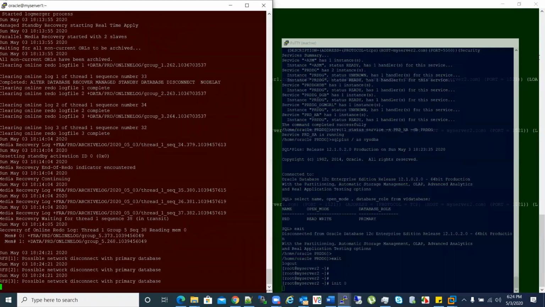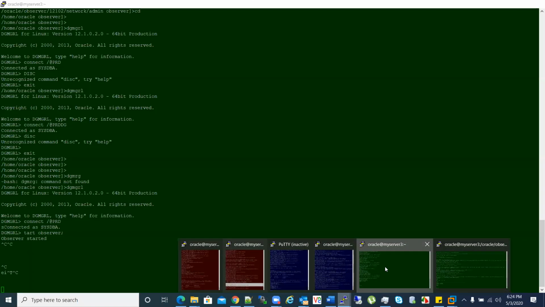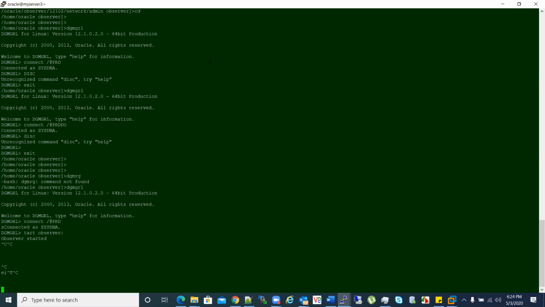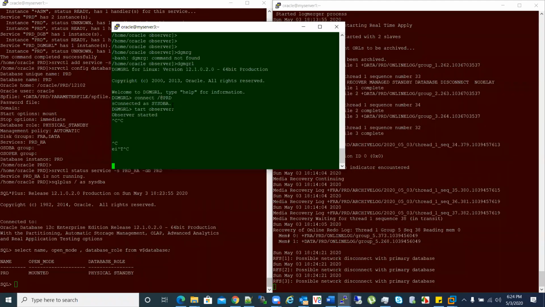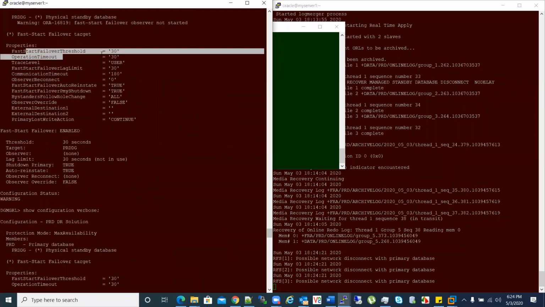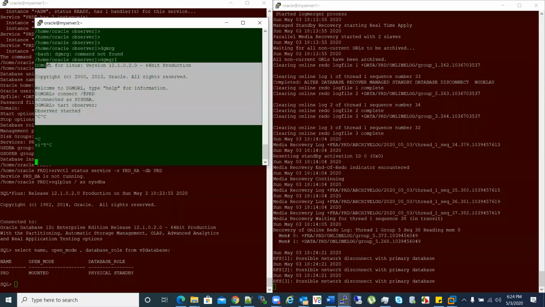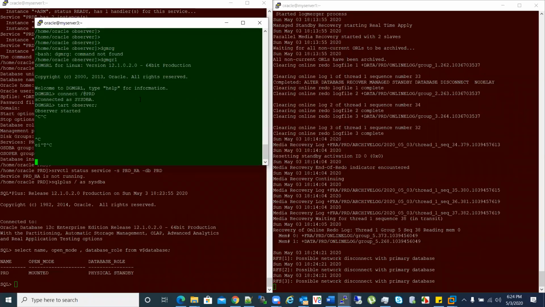Immediately the red one, this red server, says there is some network disconnect with the primary server. At the same time, the server that decides whether to perform a failover or not is this third server. It will wait for 30 seconds. Just before, I showed you the fast start failover threshold is 30 seconds. Basically this green one will wait 30 seconds to see whether the primary is reachable again or not.